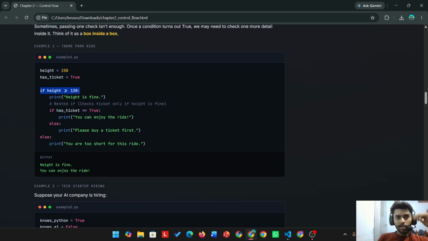When you have above 120 height, height is fine. Then we have another condition: if has ticket is true, then you can enjoy the ride. Else,